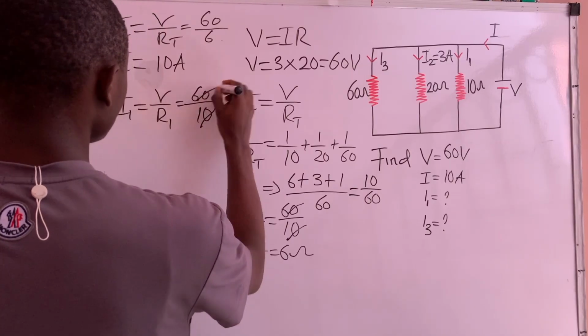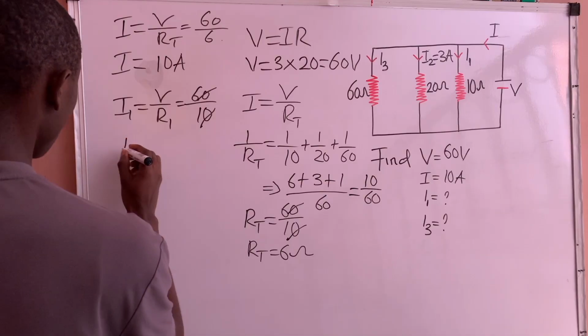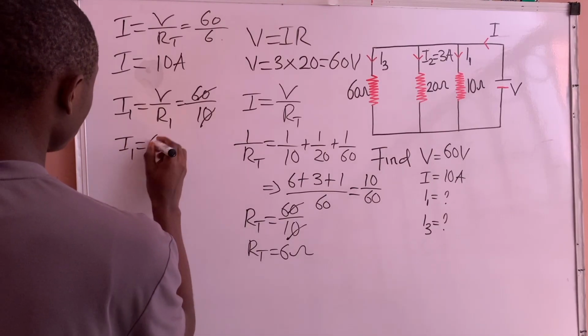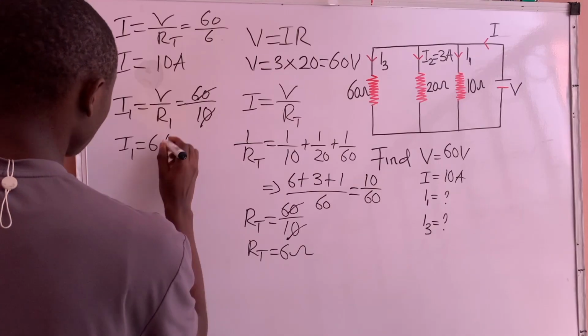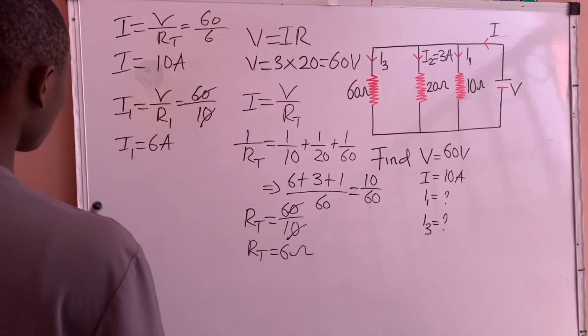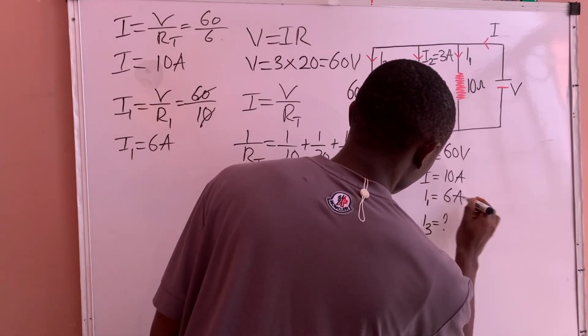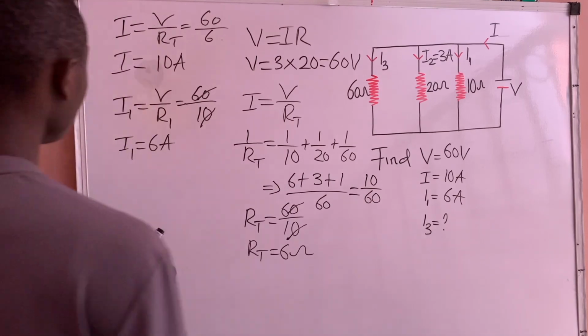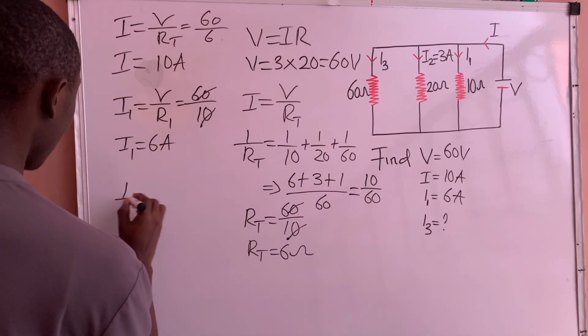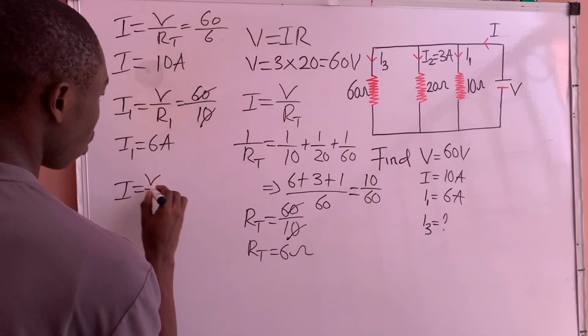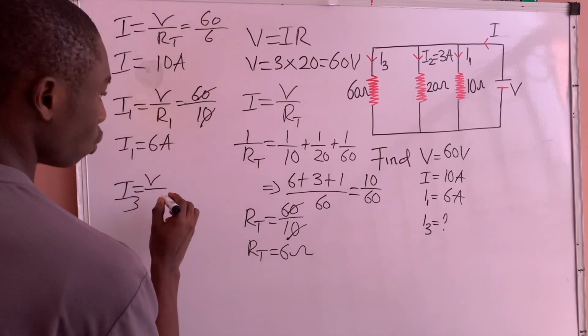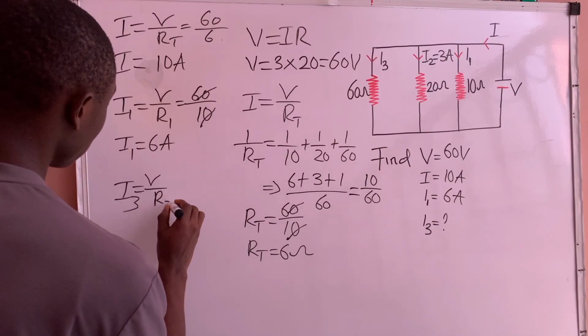So 0 takes away 0, and 6 divided by 1, so I1 is equal to 6 amps. That is I1, which is 6 amps. So for I3, using Ohm's law, I3 equals V over